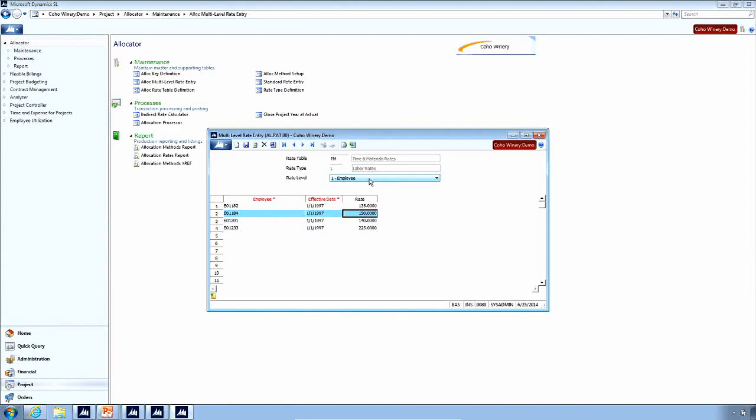So we can have up to 9 levels of rates. And if it doesn't find a rate, it will go to the default level. So on level 1 here, it'll look and find if my transaction is not for employee E1182. So if we go back to